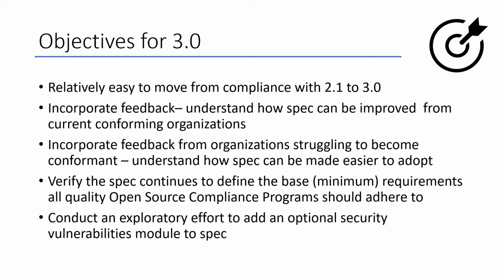We don't expect the 3.0 to be a huge difference or a huge change over 2.1, although maybe calling it 3.0 might be a little misrepresentative of that, and we should probably call it 2.5 or something. So we really haven't determined the actual version number. What I'm curious to understand is that we're in the process of being adopted by the ISO organization as an ISO spec, and they may have some guidelines on how you do updates to existing versions of the spec. But I want to let people know that we're not looking at a radical upgrade.